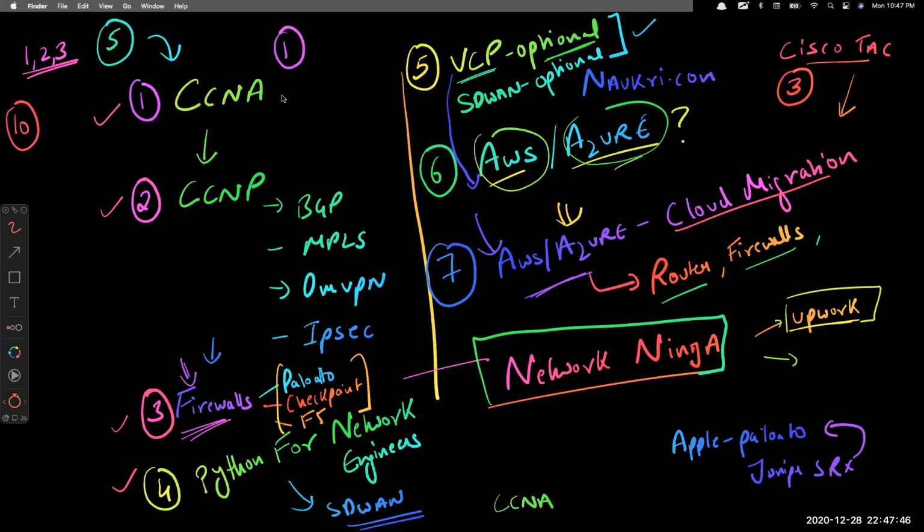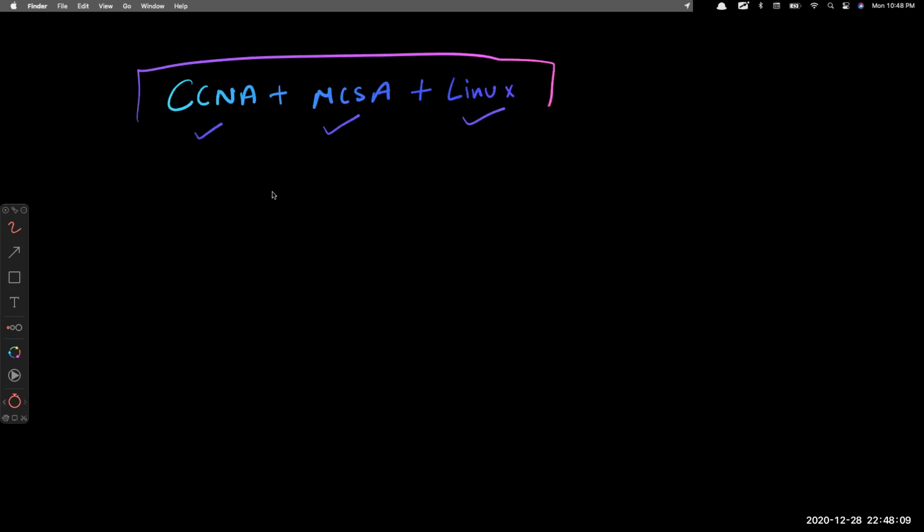So you can start with CCNA. See, if you don't have a job right now, if you are jobless, we made a plan known as CCNA, MCSA, Linux. That is very basic, to become a network engineer, a system engineer, a Linux administrator. So it's a combo. We call this phase one in networking.